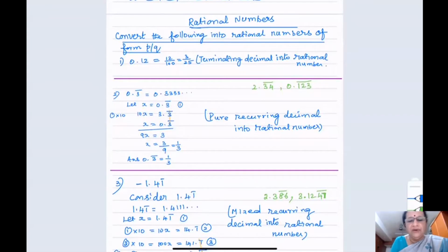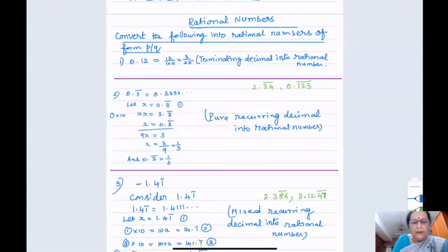And when you have to convert it in the form of p by q, it should be in the reduced form. So 3 by 25. So I have converted that terminating decimal into a rational number. I said a rational number can be terminating or non-terminating and recurring. So let us take one more example for non-terminating and recurring. How to convert such decimal numbers into rational numbers, because I said both categories belong to rational numbers only. So if it is non-terminating and recurring, how to convert that into a rational number?